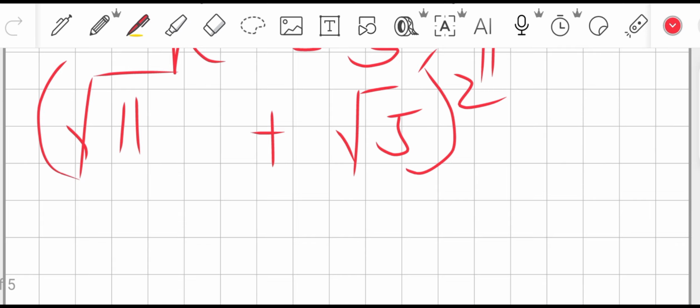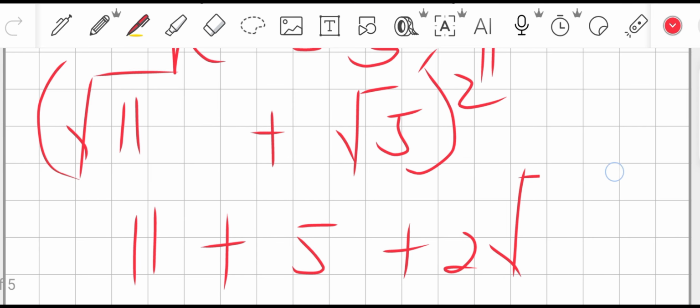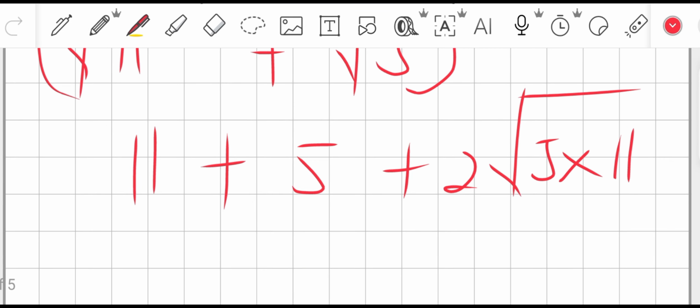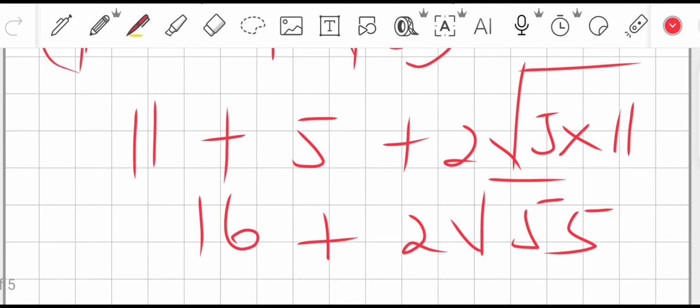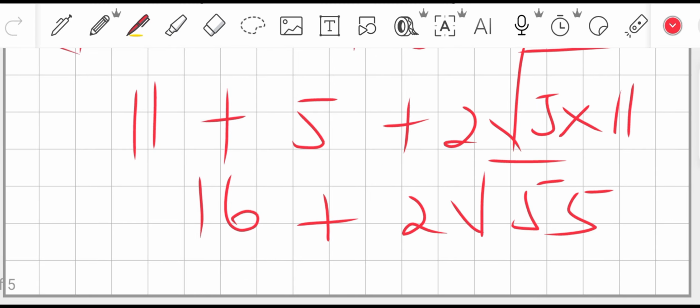So when we square, we have root 11 squared giving us 11, plus root 5 squared giving us 5, plus 2 times the product of root 5 and root 11. So we have 16 plus 2 root 55. So this gives us the question that we were given. So truly, this is the root of